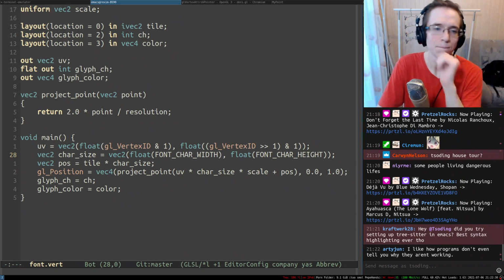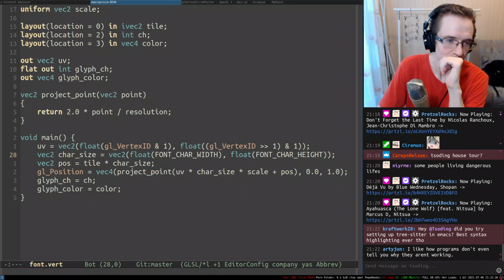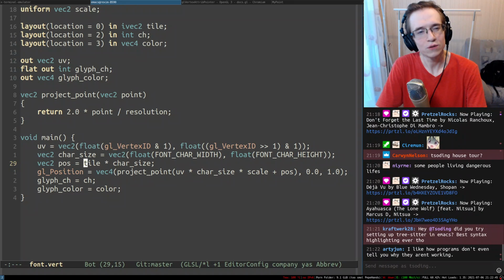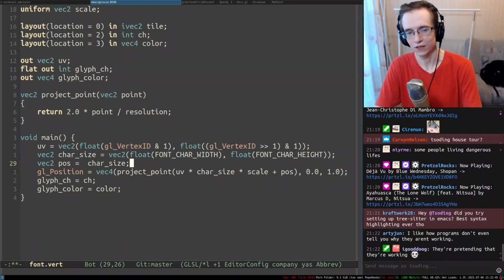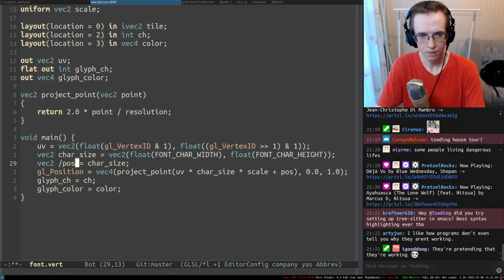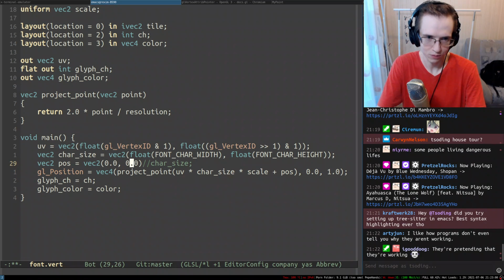Vertex. So this is the UV coordinate. So what if I don't use the tile? Right. What if I don't use the tile and I use specifically something like character size? Right. So yeah, modern software just pretends that it's working, but in fact everything has been broken a long time ago.